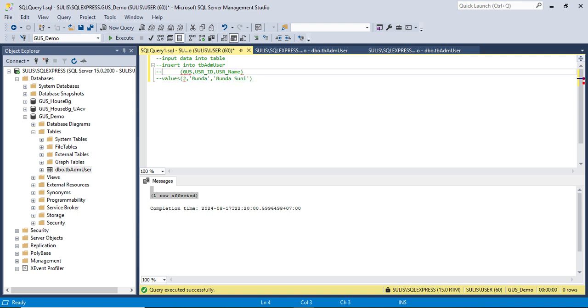Okay. This is the first query. And now I want to display data. To display data, we have to use this query: select asterisk from table name.